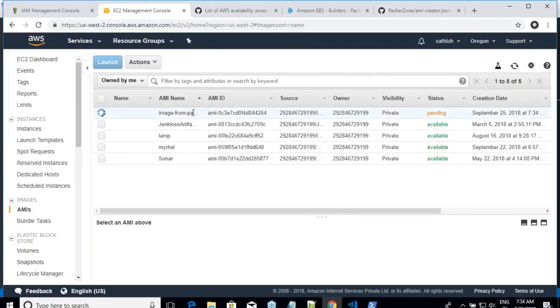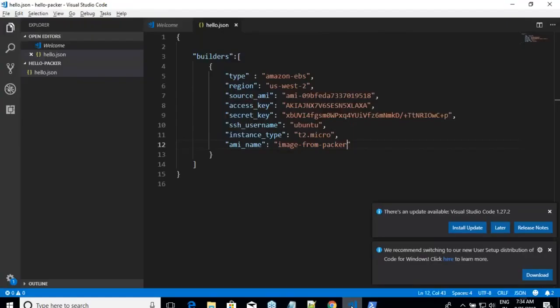Okay. Now let me tell you what is the danger with this script. Are the secret key and access key directly written in the script? Yes. If I give it to you, whenever you run Packer, where is the image being created? In my account or in your account? In my account, because I have hard coded the credentials over there, right?